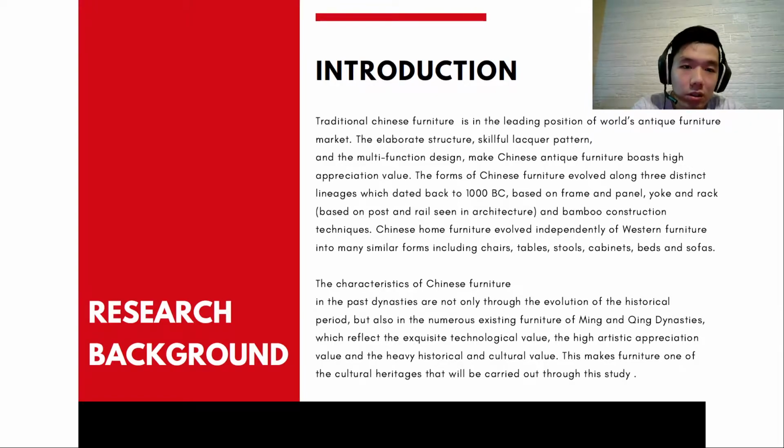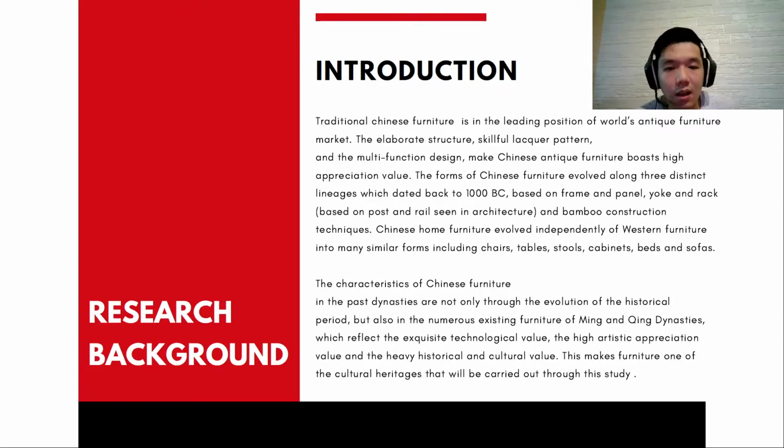Its elaborate structure, skillful patterns, and multi-function design give Chinese furniture a high appreciation value around the world. Okay, Chinese furniture evolved along three instincts, dating back to 1000 BC, based on frames and panel construction and bamboo construction techniques. And Chinese home furniture currently evolved independently of Western furniture into many similar forms, including chairs, tables, stools, canapés, beds,